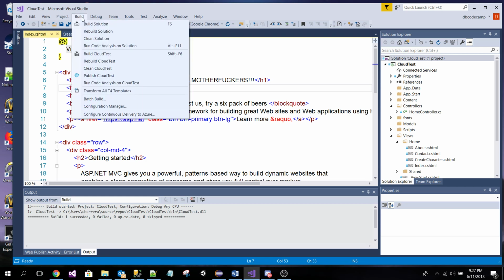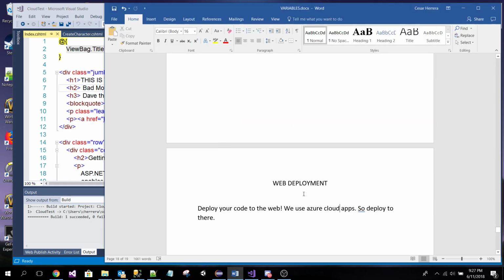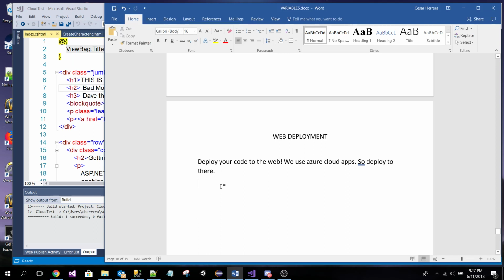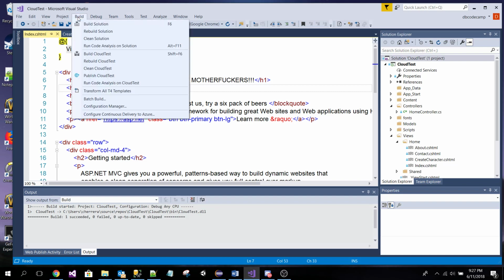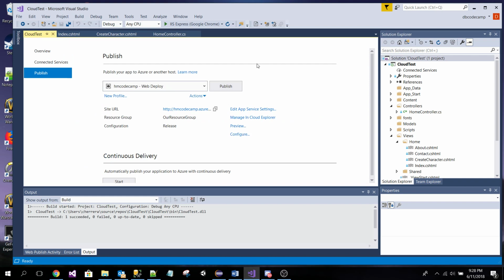Okay, I'm going to build and publish cloud test. So go to build, then publish. Whatever name it is, the project name. There you go. So I'm going to go to build, publish, and since I already set it up,